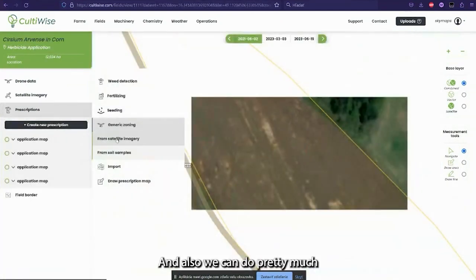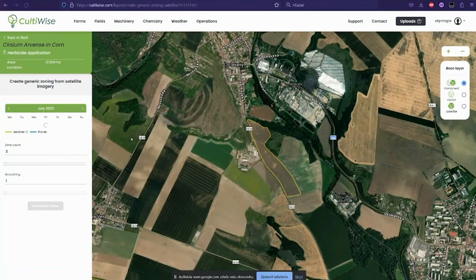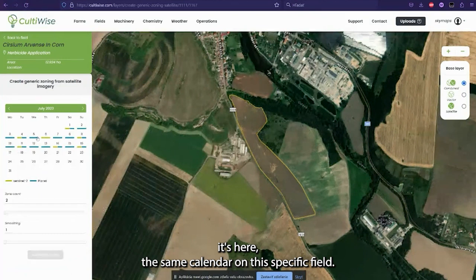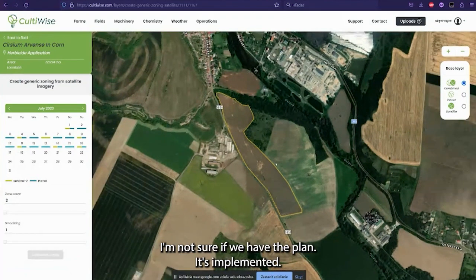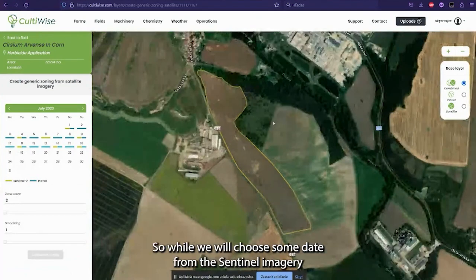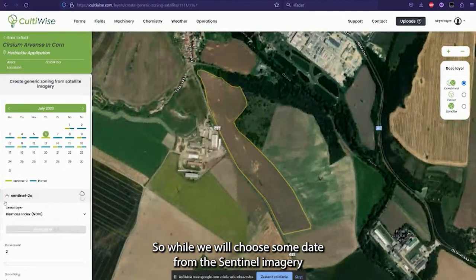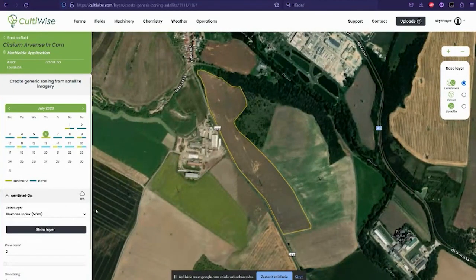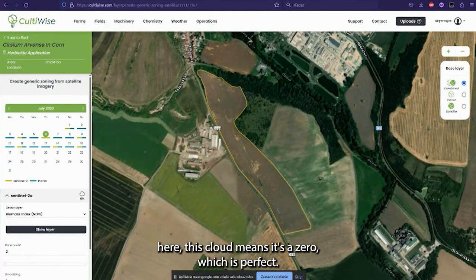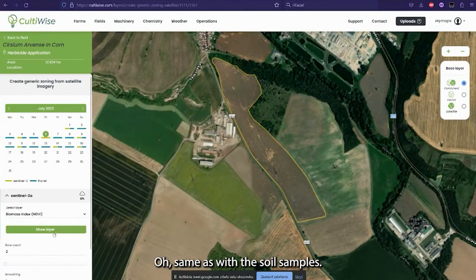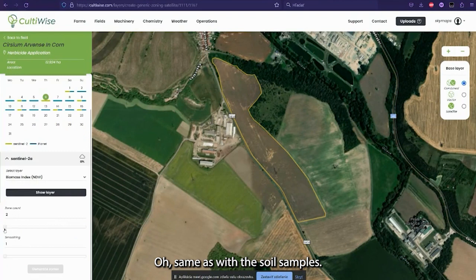And also we can do pretty much the same thing from the satellite imagery. Now here is the same calendar on this specific field. I'm not sure if we have Planet implemented, so I will choose some date from the Sentinel imagery. Yeah, here it is. Cloudiness is at 0, which is perfect. Same as with the soil samples, we choose the number of zones,